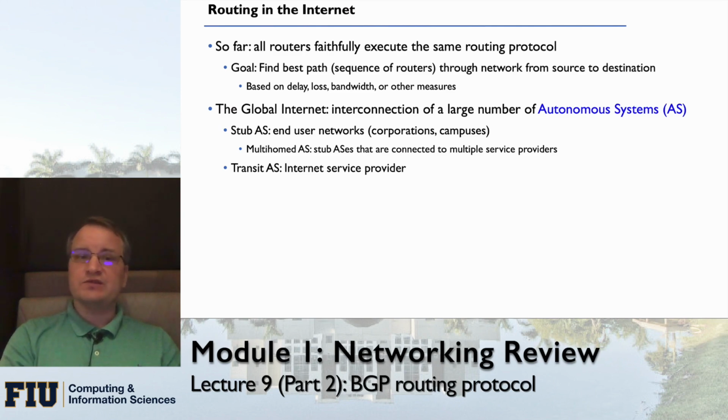The other one is transit autonomous systems. These are effectively service providers, and they are in the business of simply moving packets from point A to point B. As I think was already highlighted before, there are different levels of these transit ASes: tier 2, tier 1, and just normal transit ASes.